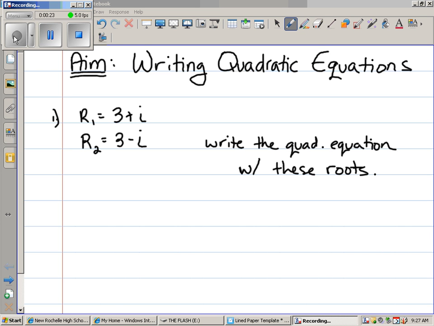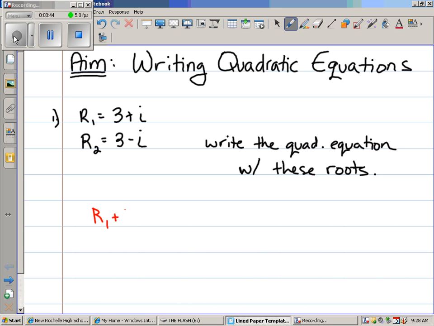Okay, first of all, tell me about those roots. What do you know about them? Yeah, they're conjugates of each other. The roots are imaginary. Now, we've got to somehow build back the quadratic equation that made these roots. We're going to take two formulas that we learned yesterday. We're going to take the idea that the sum of the roots,